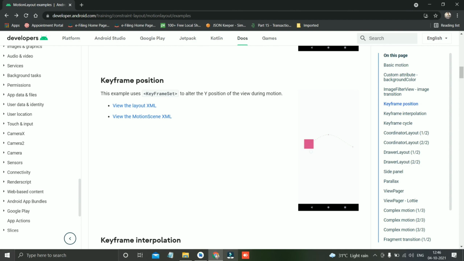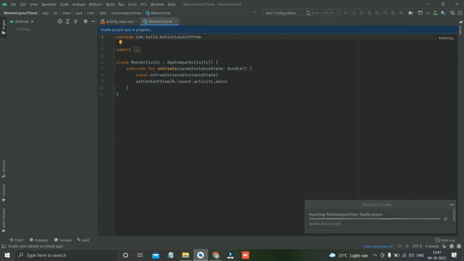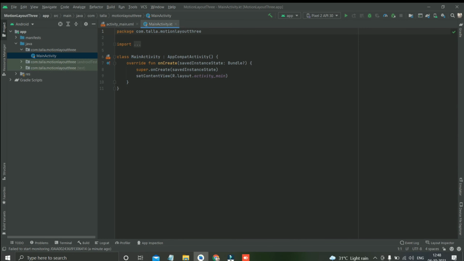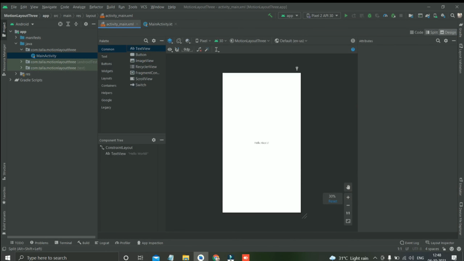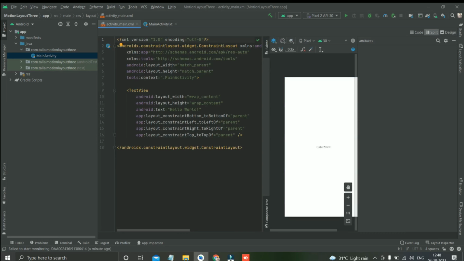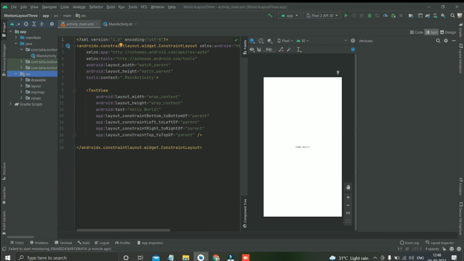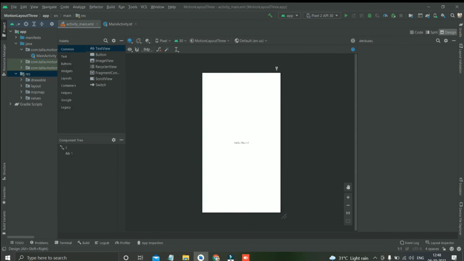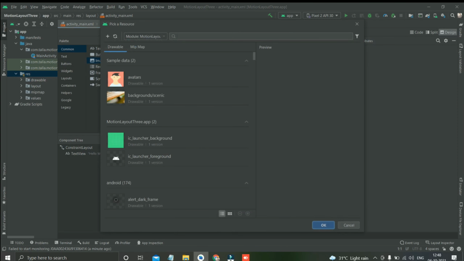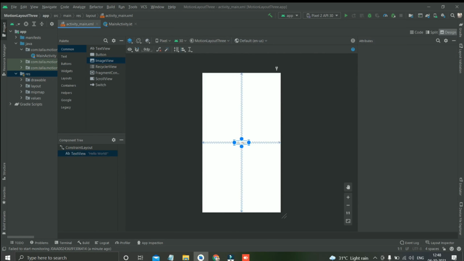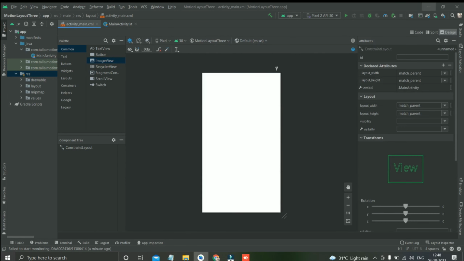By using this object moving, I took an image to move like on a road. A car is going, and there is one car, so it's a long turning. Like that, I have done one example. So I have taken a car object as an image view. Whatever image you want, you can take it.